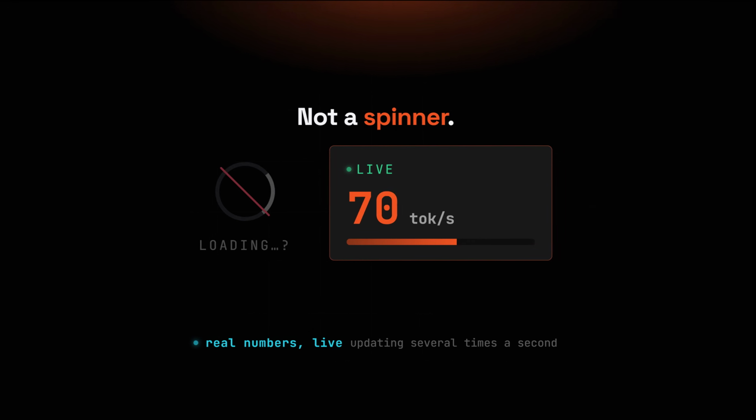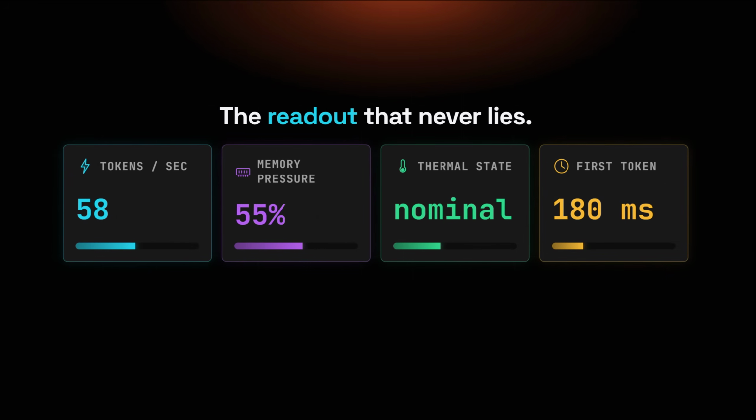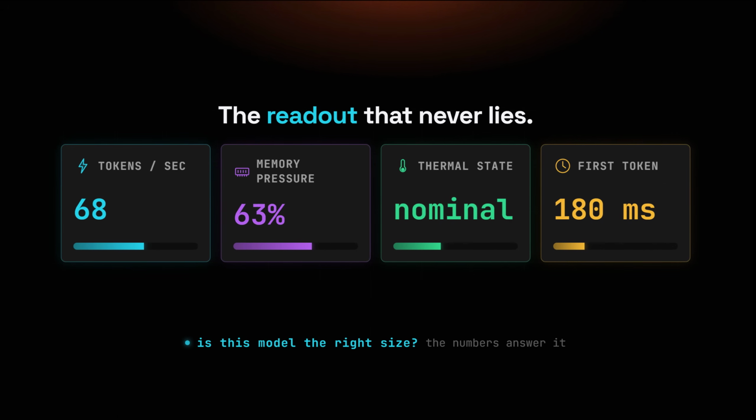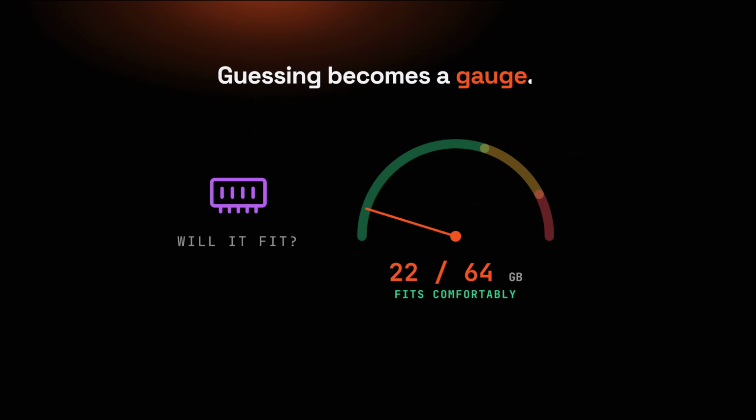While the model is thinking, Native shows you what your Mac is actually doing under the load. Not a spinner, real numbers, updating live, several times a second: live tokens per second, so you can feel a model speed up or bog down, memory pressure, so you know when you are about to run out, thermal state, time to first token. This is the readout that tells you, plainly, whether a model is the right size for your machine. That last one is